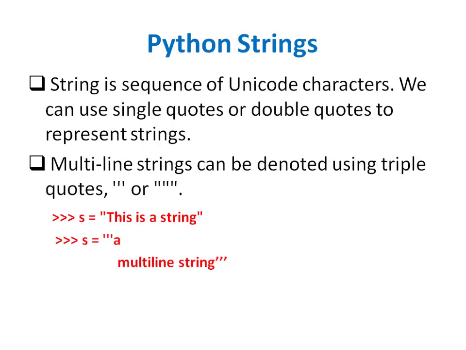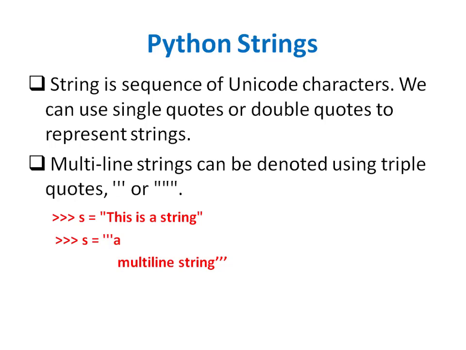Now the next data type is string, the Python string. String, as we all know, is a sequence of characters. So a number of characters form a string. There is one important thing to note: even if it is a single character written within single or double quotes, it is also a string in Python. You cannot call it a single character. Even if it is a single character or multiple characters, that is a string in Python, because there is no character data type in Python.